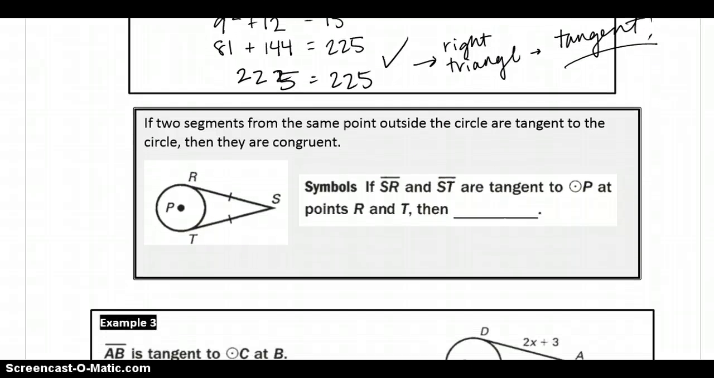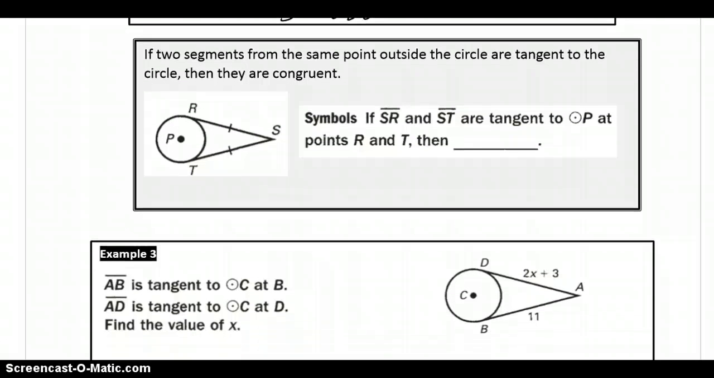Alright, we have another property about tangents. If we pick a point outside of a circle, so in the picture we pick this point here S, if two segments coming from the same point outside of the circle are tangent to the circle, then those lines are congruent. So if we pick our point S and we draw two lines going from S to the circle